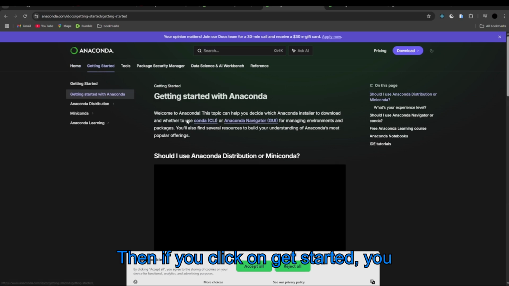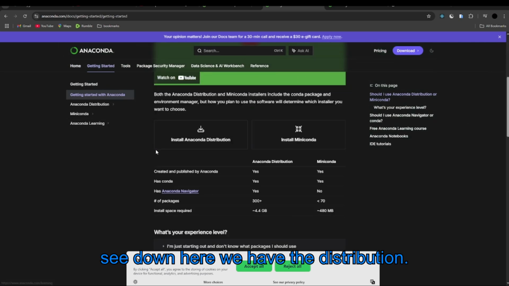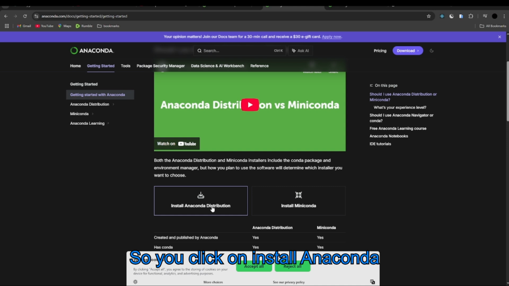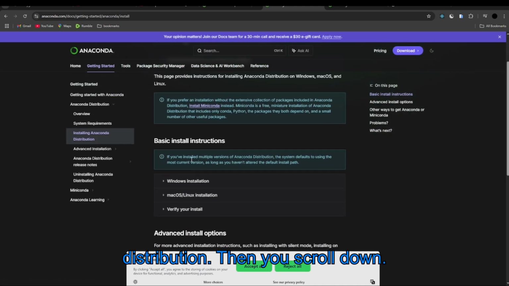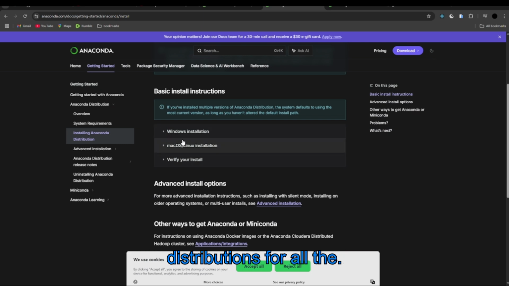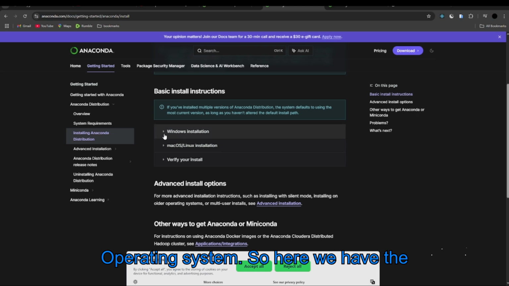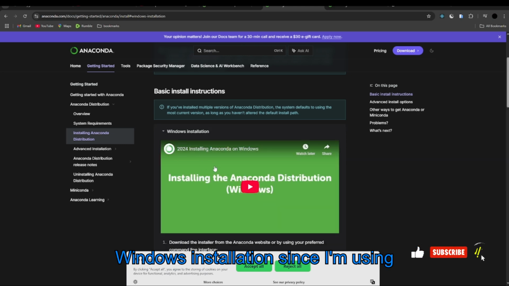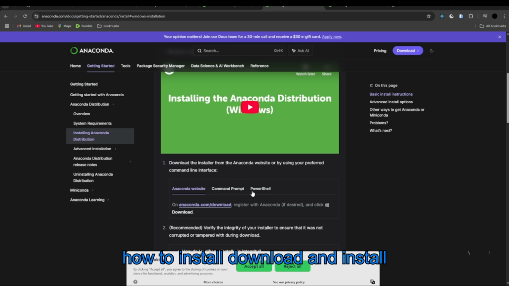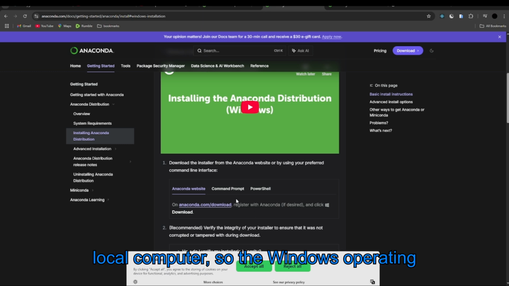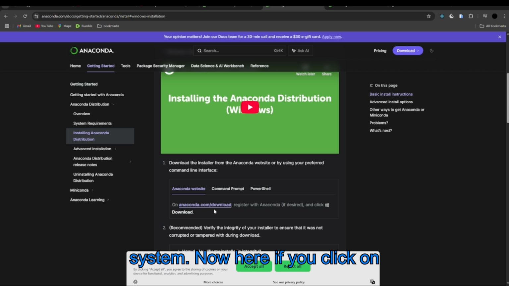Then if you click on get started, you see down here we have the distribution. So you click on install Anaconda distribution, then you scroll down, and you can see we have distributions for all the operating systems. Here we have the Windows installation, since I'm using Windows, and these are the instructions on how to download and install Anaconda GUI on your local computer, on the Windows operating system. Now here, if you click on